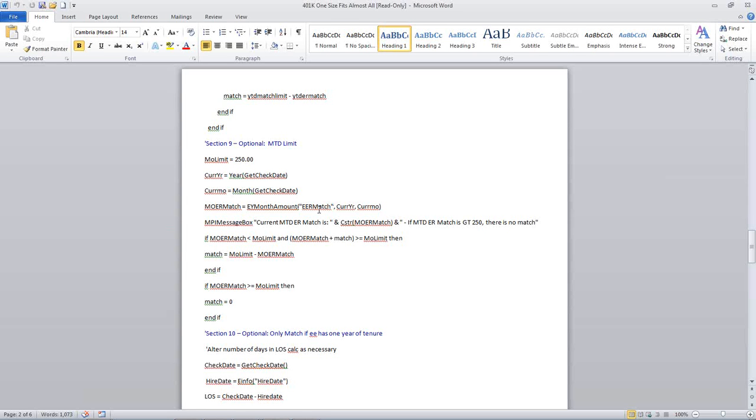What is the current month amount? There's a whole bunch of logic going on in here to see what the current month amount is, and then what's coming in on the check, and how to control it through the limit. So if you are dealing with someone that has a month-to-date limit, this is a very smart section to simply cut and paste and put the month-to-date limit in it. This stuff is all working.